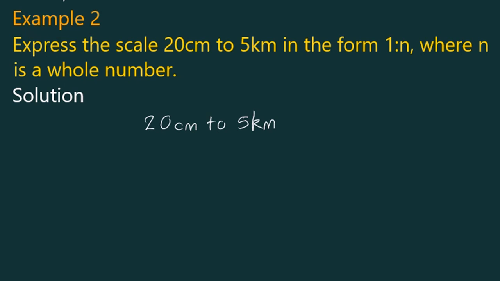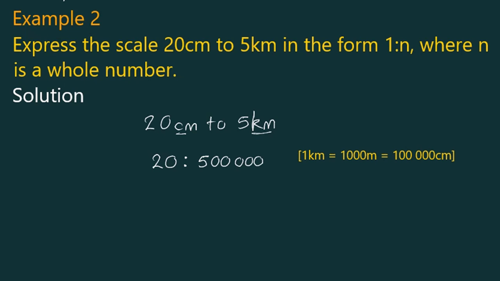In ratio form it is 20:, but you see here we've got different units: centimeters and kilometers. So 5 kilometers will come out as 500,000 centimeters. Remember that 1 kilometer is equal to 1,000 meters, and it's equal to 100,000 centimeters. So I've simply multiplied 5 by 100,000 to get 5 kilometers in centimeters,